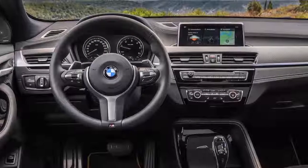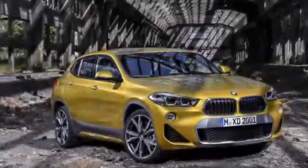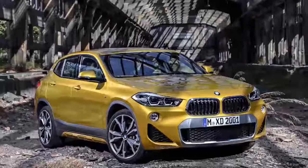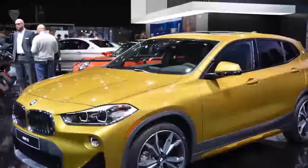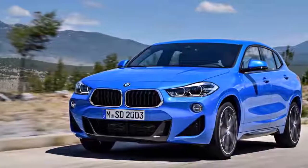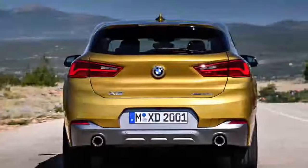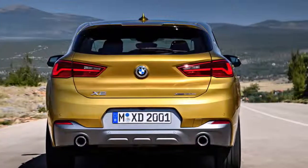If you turn over your shoulder, maybe when you're changing lanes or parking, the stylish roofline reveals itself through a massive blind spot. A standard backup camera and optional parking sensors help, but given the visibility issues, it's baffling that the X2 cannot be equipped with blind spot warning. On a happier note, BMW does offer a $700 driver assistance package featuring lane departure warning, forward collision warning, and